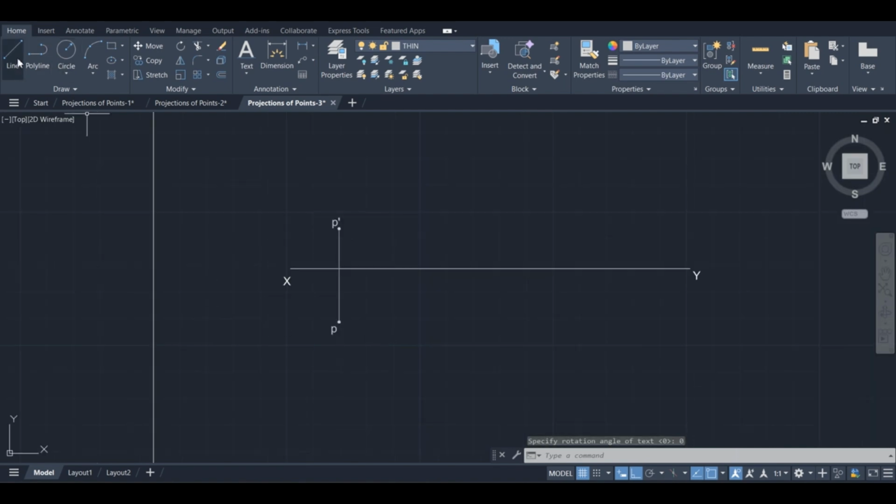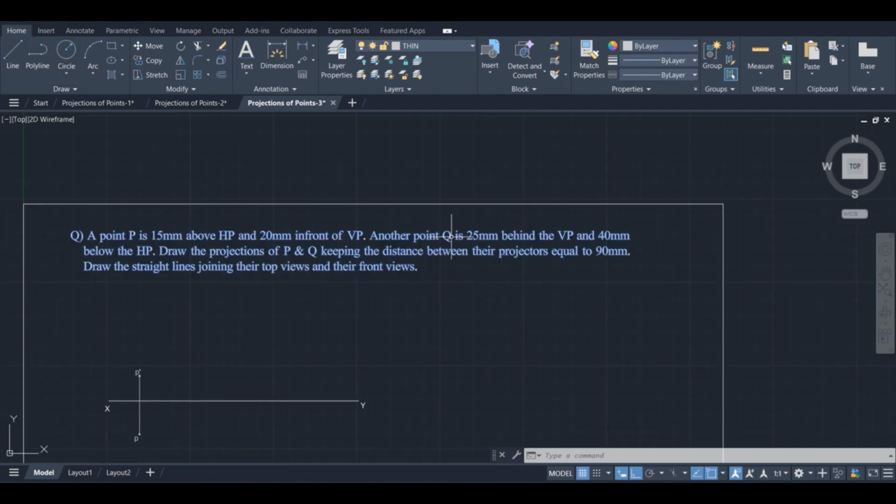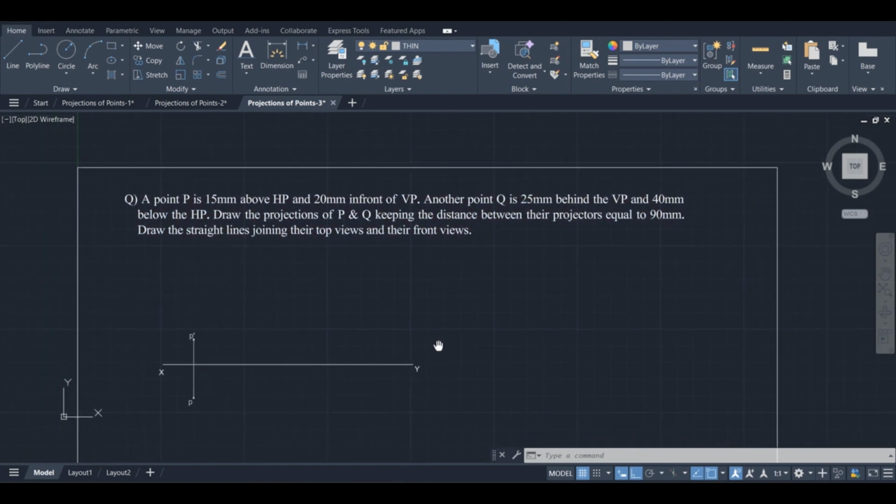Okay, now another point Q is 25 mm behind VP and 40 mm below the HP, that is situated in third quadrant. When the object lies in third quadrant, its front view comes below XY line and top view comes above XY line. So before going to draw the projectors for this point, the projectors of point P and Q are at a distance of 90 mm.